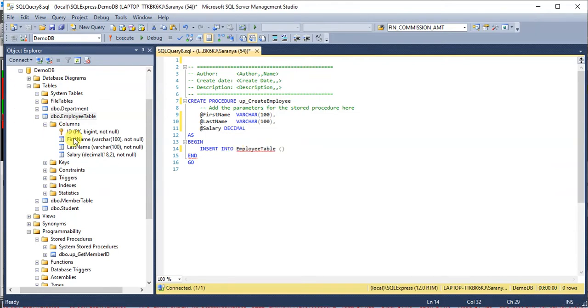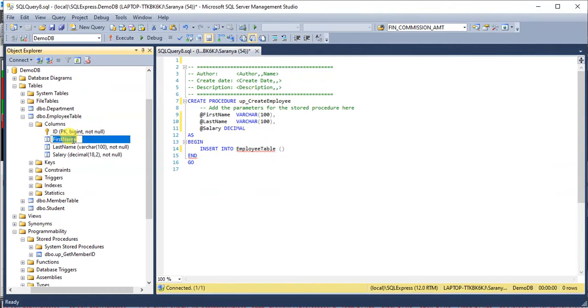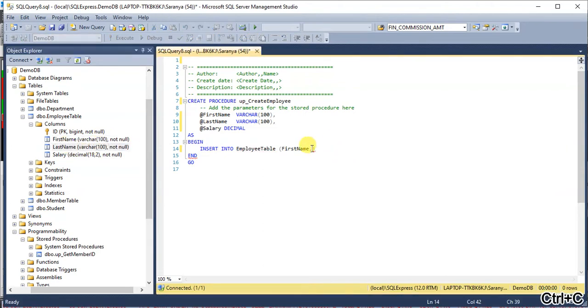We don't need to pass the ID because it's an identity column. We have to pass three parameters: first name, second last name, and salary. These are the column names. Then values.